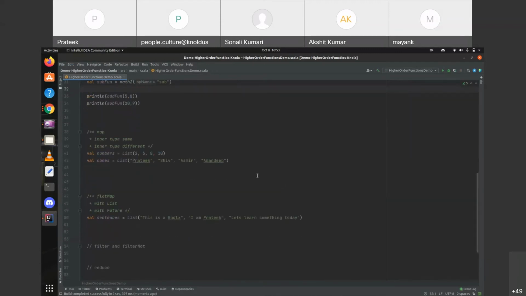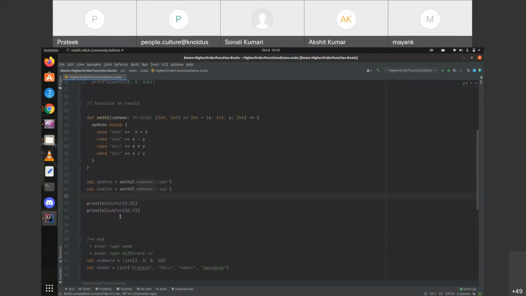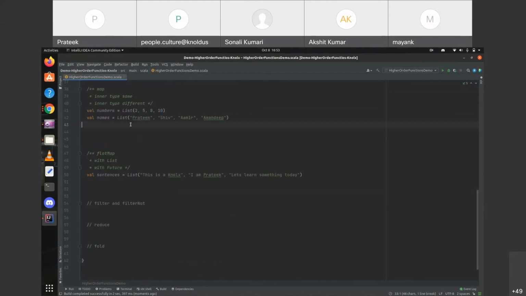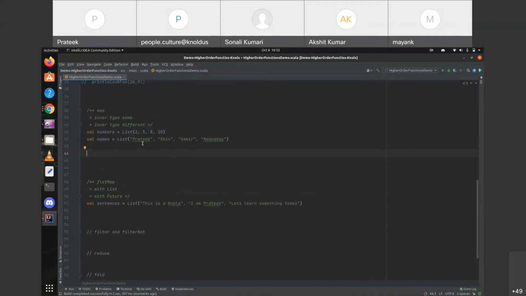Okay, so now we'll see some of the commonly used higher order functions in use. So simply, first let me comment this out. So let's use the map function first. So here we have simply a list of numbers, integers, and a list of strings.